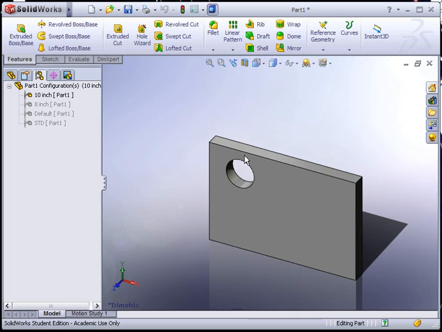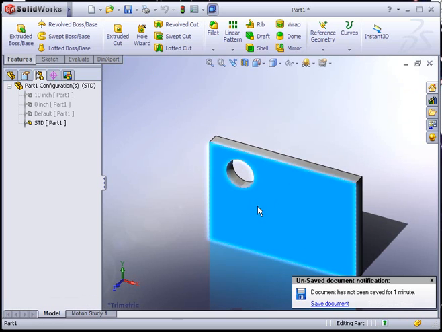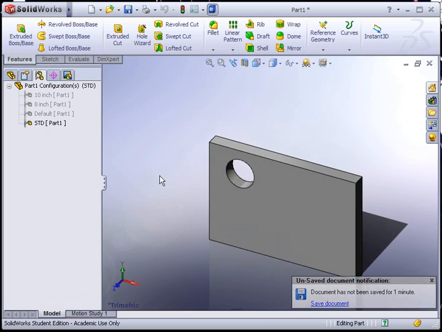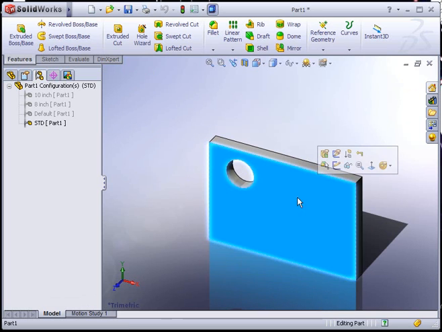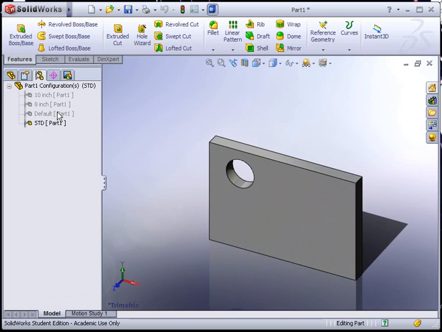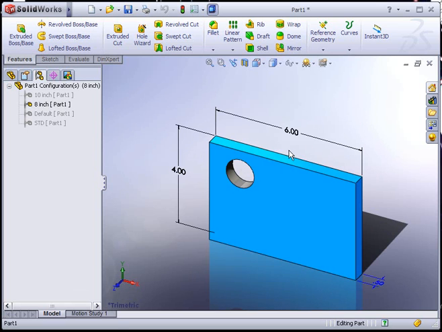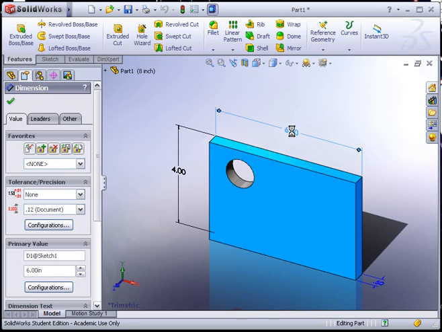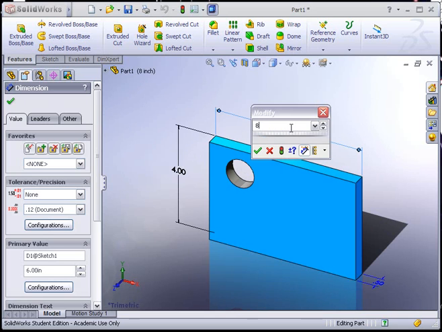Okay, now let's say for the very first one we'll keep it at the standard, which is the 6 by 4, if I click on here we can see. Now let's go to the 8-inch. I could double click on the 8-inch configuration, and that activates it in the feature tree. I could double click on the model, double click on the dimension I'm interested in changing, type in 8,